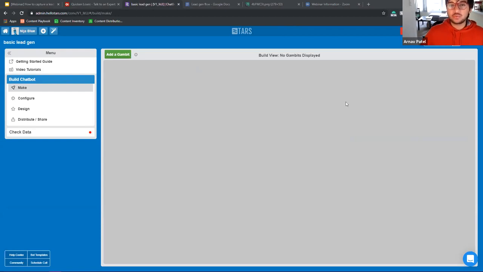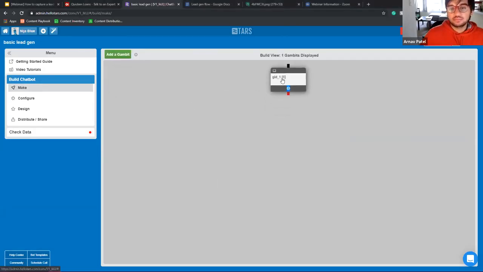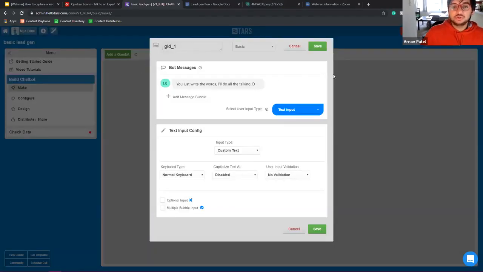So at TARS, the way we structure chatbot conversations is in terms of these objects called gambits. As you can see in the top left of the screen here, there is a green add a gambit button. Go ahead and click that button, and it's going to populate your workspace with a weird looking object like this. It has two little sockets sticking out the top and the bottom, and it's this little gray rectangle. If you click on that rectangle, you'll see inside that essentially what a gambit is, a single